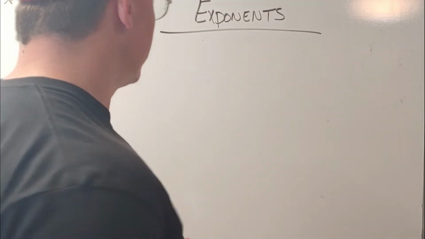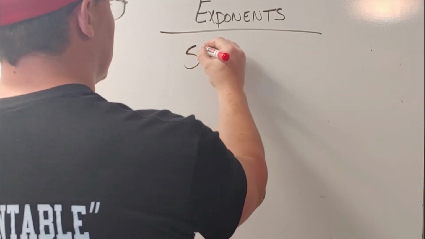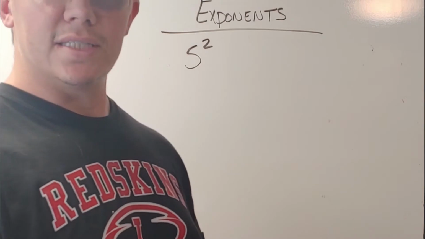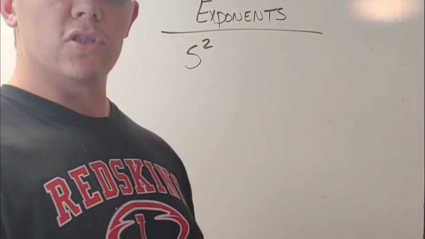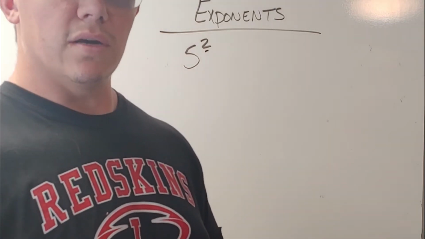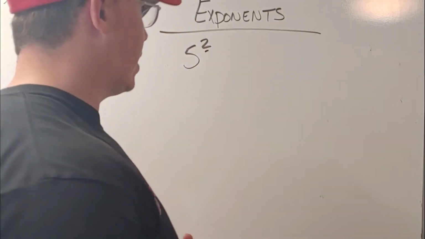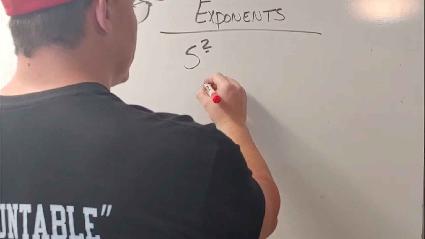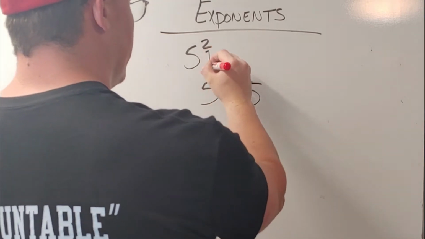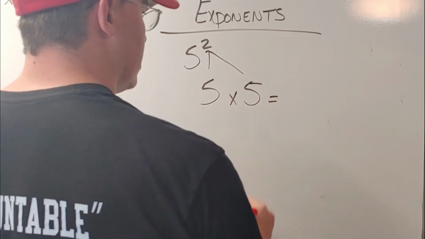All right, let's do another one. Okay, well, we got 5 to the second power, or 5 squared. If there's a 2, you may hear that as squared. So 5 squared, or 5 to the second power, which means 5 times 5. There's only 2 of them. And that's going to give me